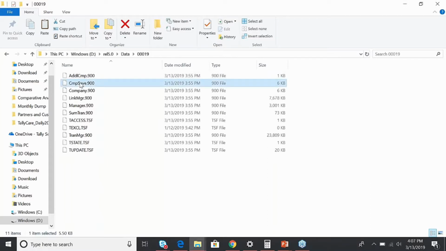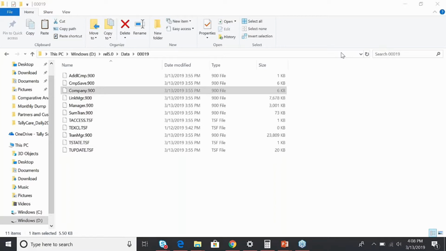cmp sav.900 is a file which is basically a backup of the company master, the company.900 file. And the company.900 file contains the name of your company, organization name, organization address, state, country, mobile number, the company books beginning details, and other things.